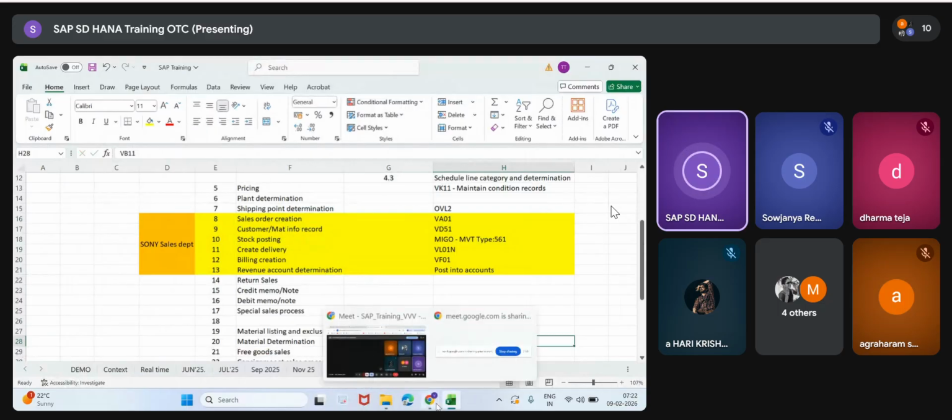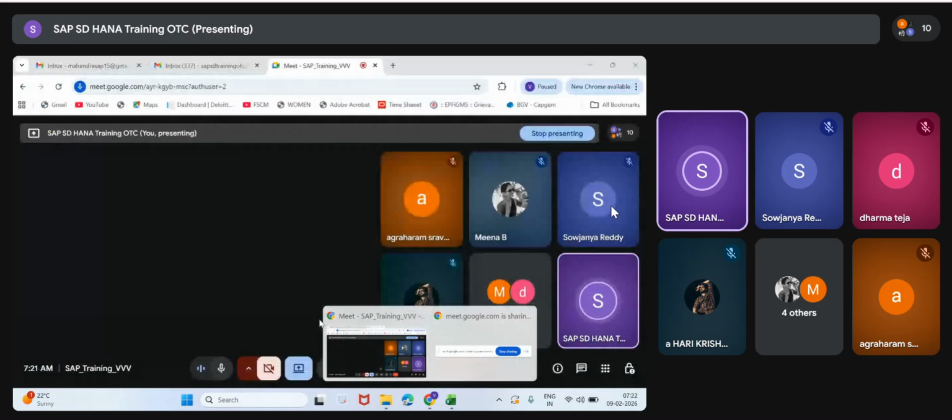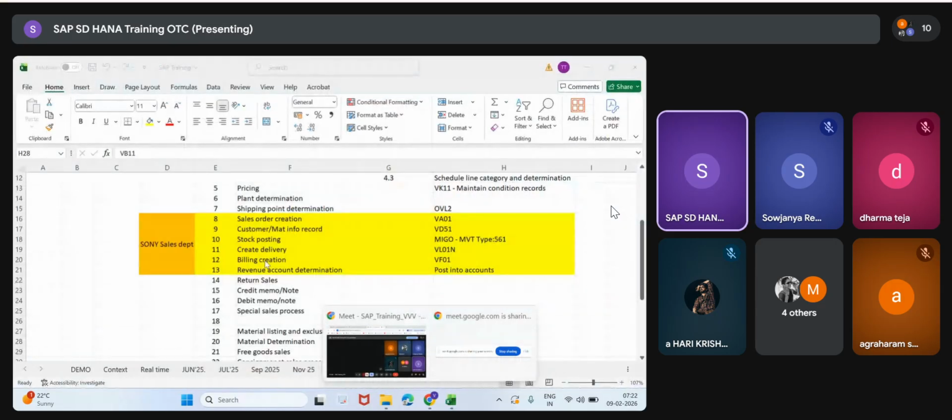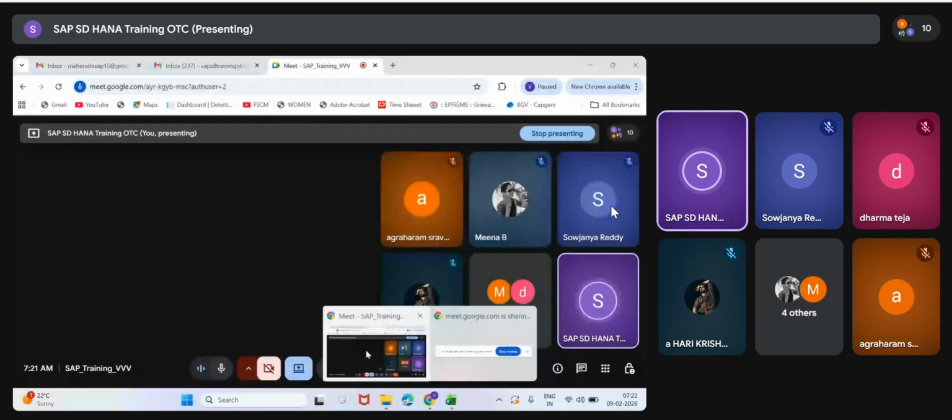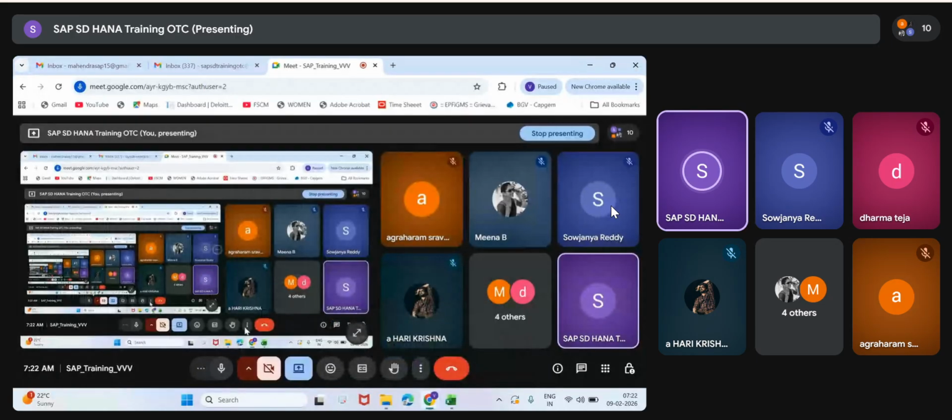So out of 100 plus modules, SAP SD is the easiest module. So okay.